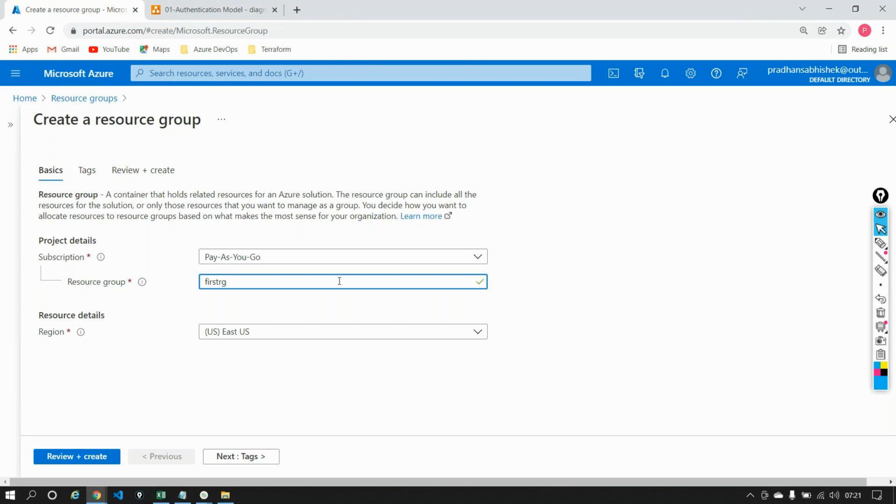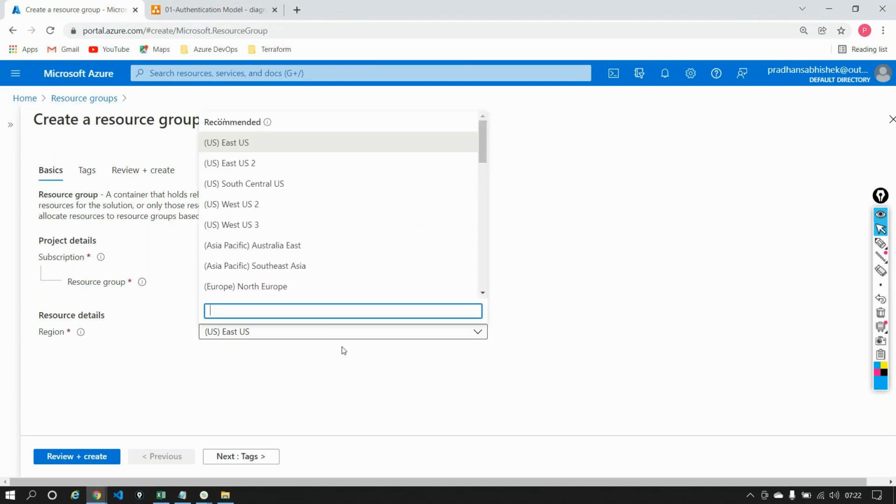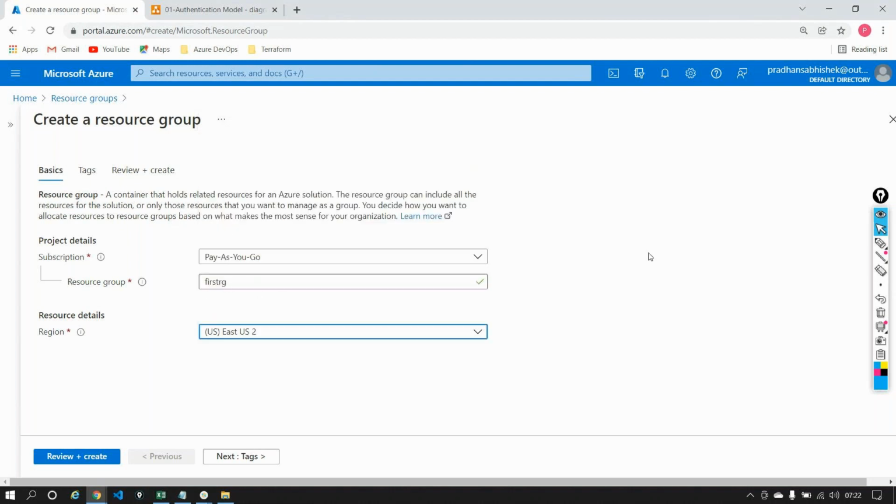And now it's asking me, okay, fine, this is cloud right now. So whatever you create needs to be situated on a server that is sitting in some data center, right? Because that's what we saw, you're just renting out services. Now it's asking which region of the world you want to put the data center in, or put this resource group in. There are so many regions on offer, East US, East US 2, and a lot more. I'll select a region like East US 2.